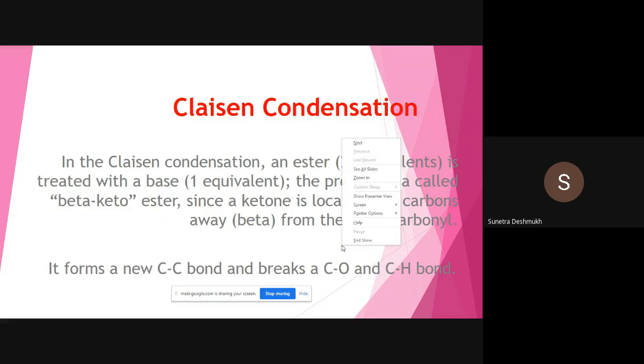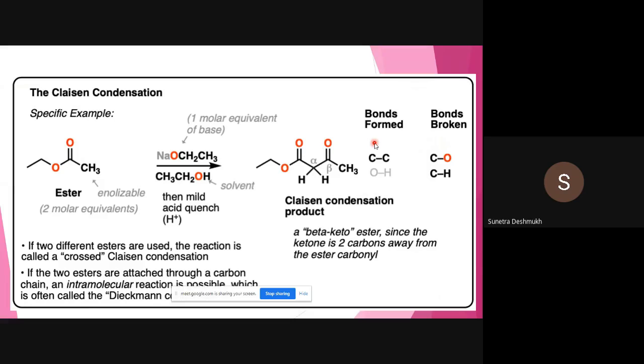So this is going to synthesize a 1,3-diketone in short. This is the general reaction of the Claisen condensation reaction. Here I have shown an enolizable ketone, or you can say ester. Enolizable ester means a carbonyl group having an acidic hydrogen atom, so we can abstract this proton with the help of the strong base.